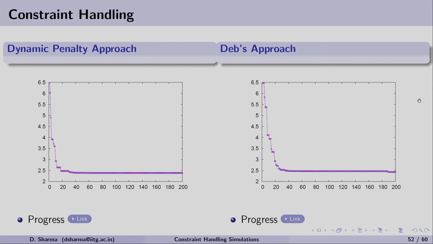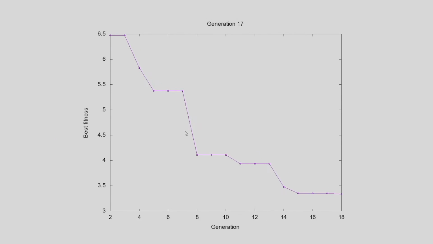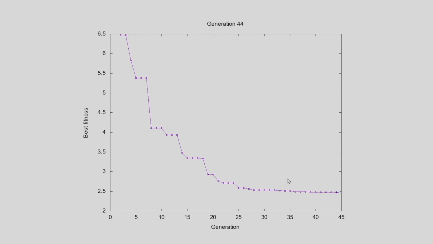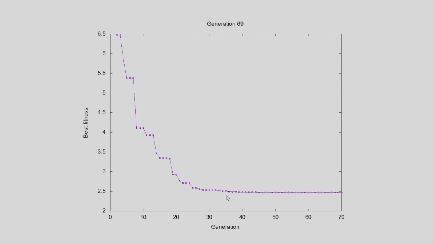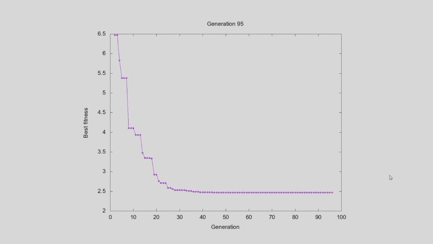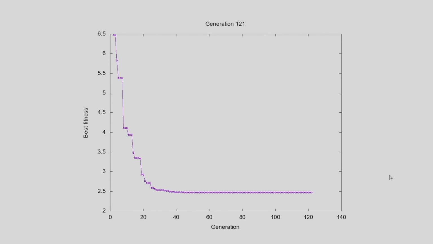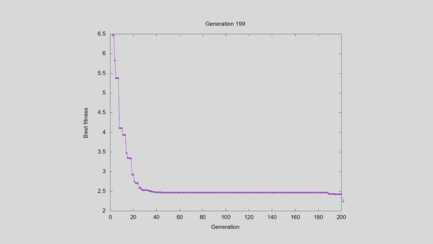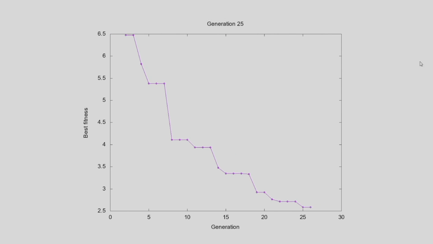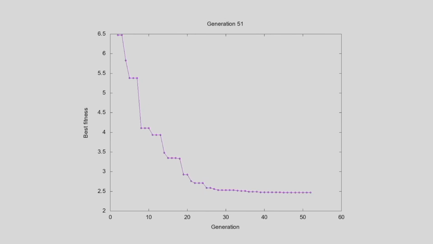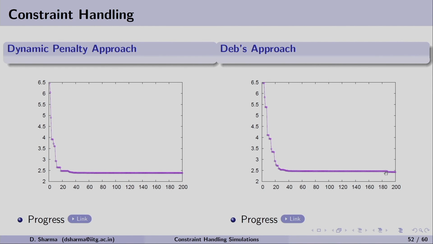At last, we are going to solve the same problem using Deb's approach. Now, here the fitness is improving and close to 35 generation, this particular approach found a solution for which the fitness is not improving, and we can see at the last there is a little improvement that we can see finally to get the solution which is the best, having the best fitness. And the same thing we can find in the progress chart. At the last, there was a little improvement in the fitness.